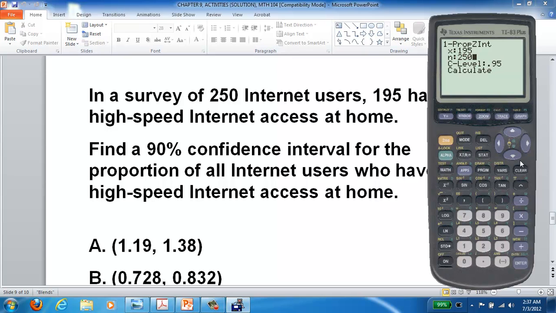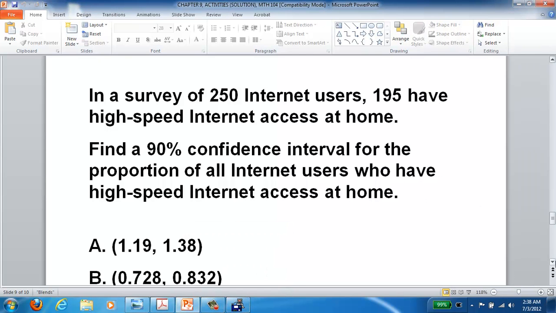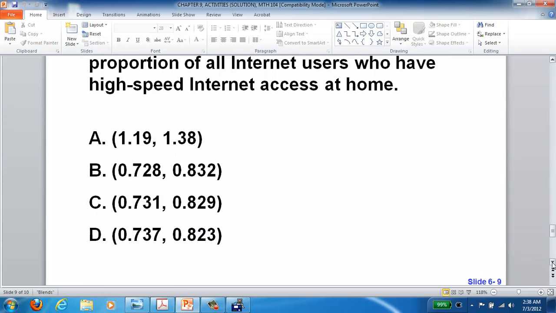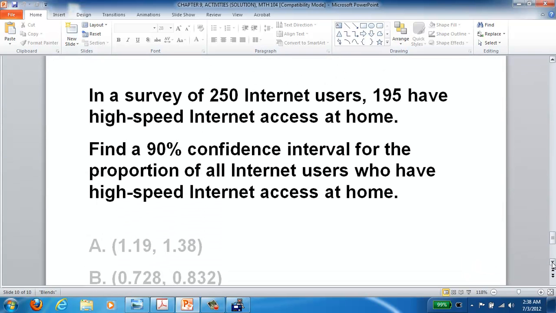and you look for a 90%. We have to change it, 0.9, and then we go to calculate. 0.737 to 0.823. That means from 73.7% to 82.3%. So the correct one is